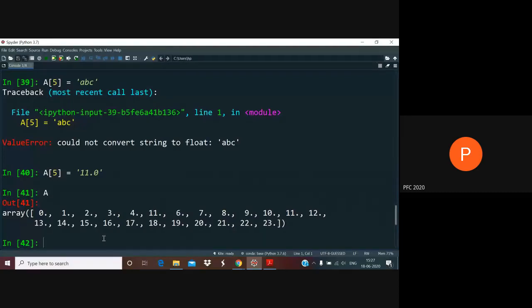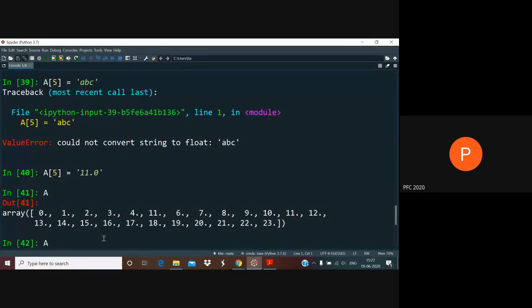So when you created this with 24 elements, it knew that it would have to have 24 blocks in the memory, preferably contiguous blocks one next to each other, which will each hold exactly one floating point number. And because of that, even if you try to push in something else, if it can convert it into a float, it will be pushed in, otherwise you will get an error.